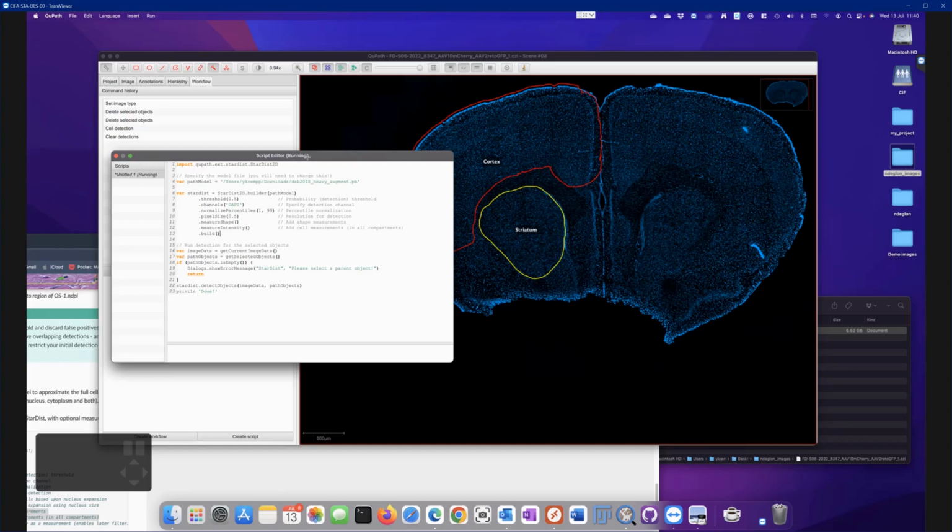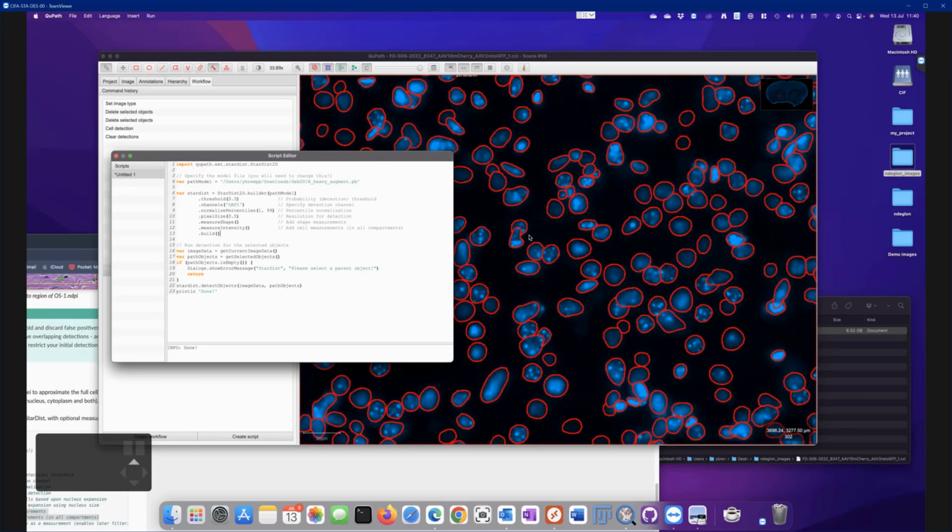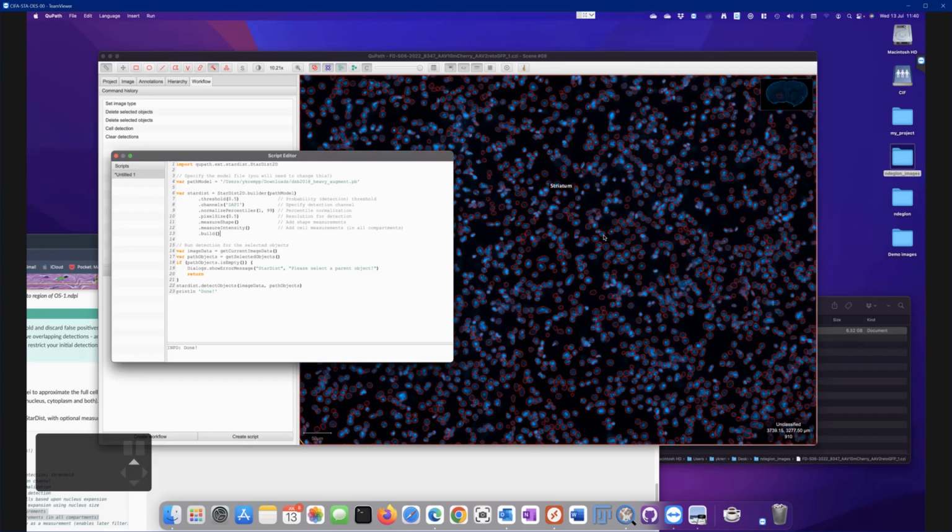It says it's running. And let's see the result. So you can see the detection is much better than the default cell detection. There are ways to refine this detection by changing a bit the parameters, like changing the threshold if you want to be more drastic about how many cells you want to detect and so on,